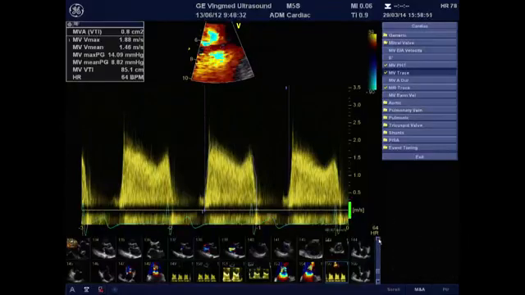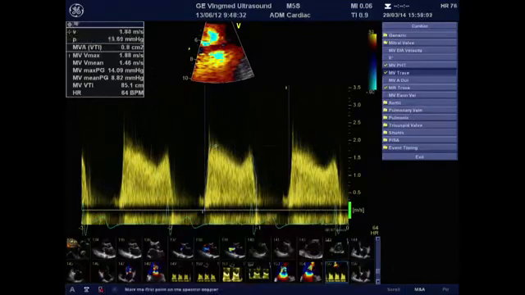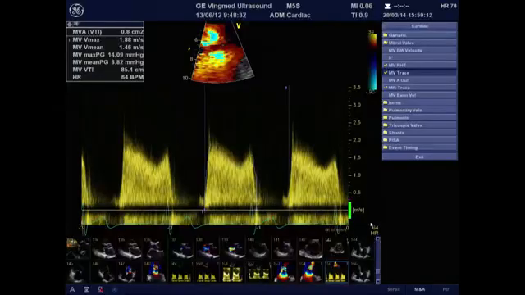As a second line, you will have the measuring of the peak and the mean gradient, but you have to know that they are also very dependent on the heart rate, and also very dependent on the flow. So in patients who have atrial tachycardia or rapid heart rates, the gradient will be higher. It will overestimate the mitral valve stenosis severity. So in this case, you have to note in your protocol the heart rate at which the exam was made, and also remember to take the patient again for a second scanning when the heart rate is lower than